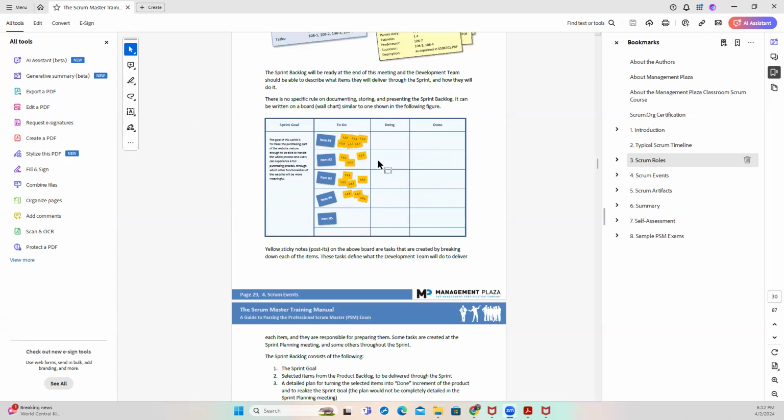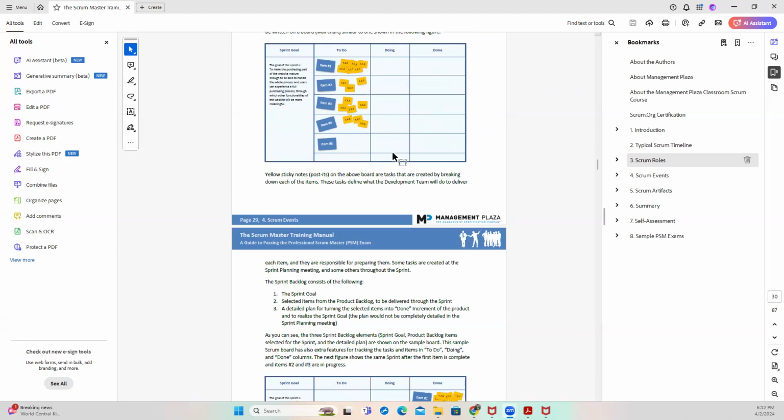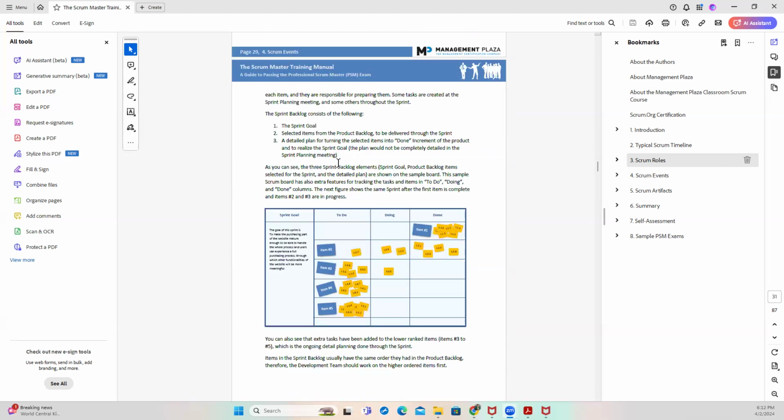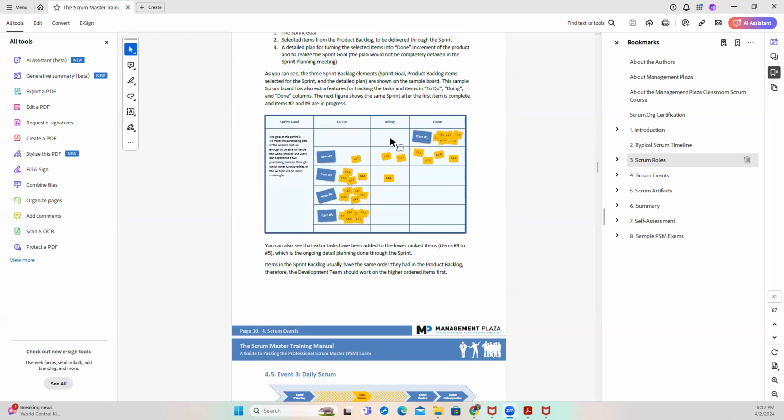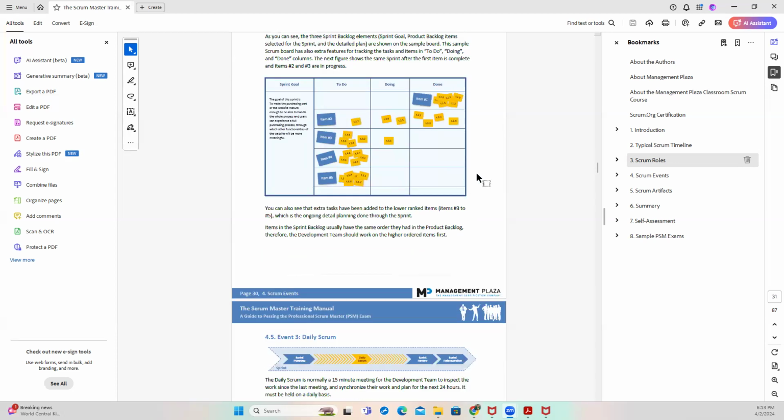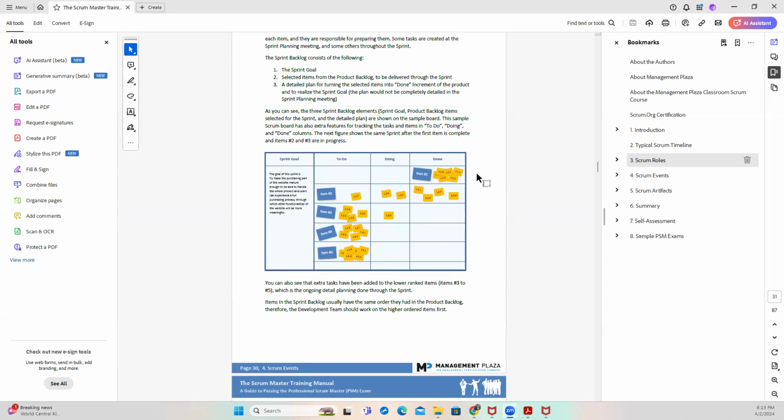They are planning on this. The product owner has put all of this here. That's the work that they have to commit to, and they have to work on it. If you look at this second diagram, you will see that things were moved. The first item has been done. The second item only has 1 under to do, and 2 doing, and then 4 has been done already. They move things like that. As a Scrum Master, you want to keep your eye on that board and make sure things are being done the way they're supposed to be done.